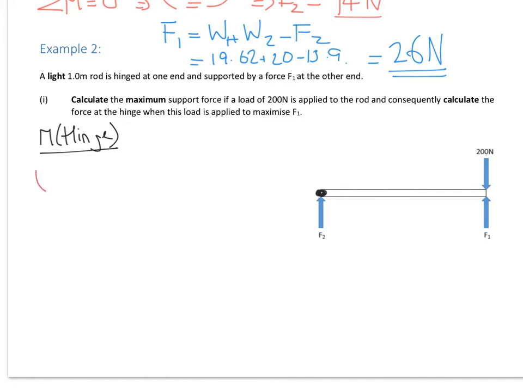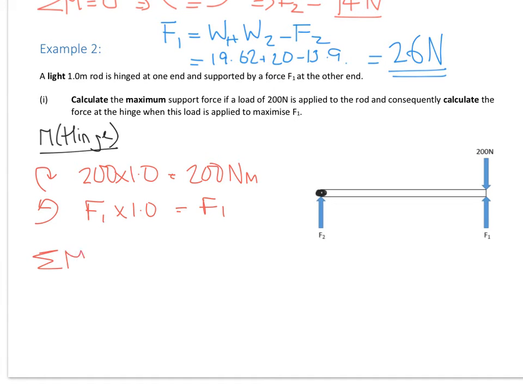So if we look at them going clockwise, it would just be 200 times 1.0, so 200 Newton meters. Going anti-clockwise, it's F1 times 1.0, which is F1. So if they're in equilibrium and the sum of the moments equals 0, that means that F1 is 200 newtons at that